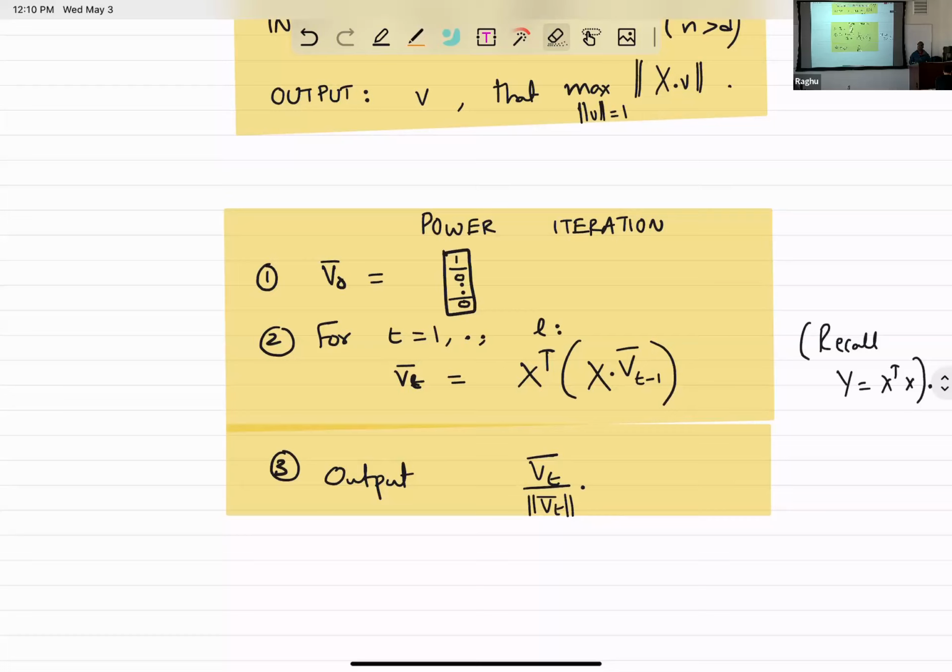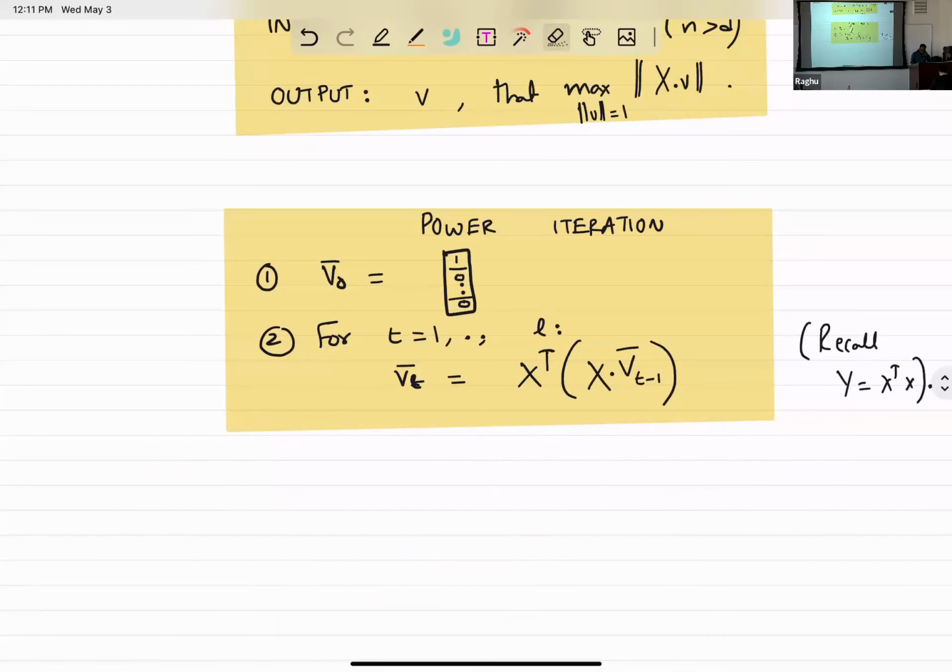Yeah, normalize after every iteration, right? And why do you have to defer it till the very end? You only need to do it at the very end, but doing it only at the very end would be problematic because of the rounding errors, right? So you'll say, okay, let me maybe call this vector VT double bar, and VT bar is just